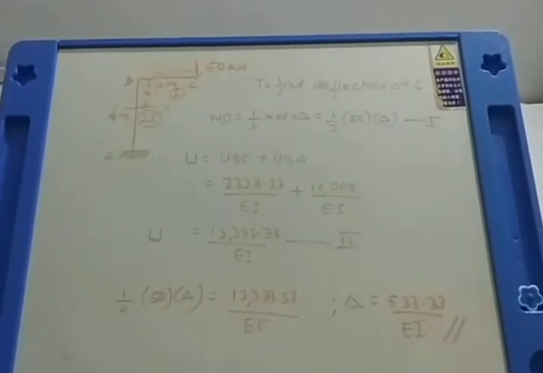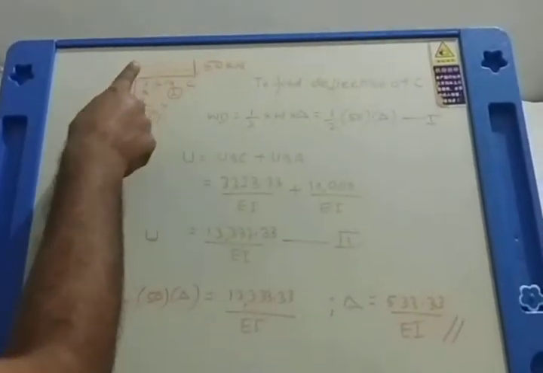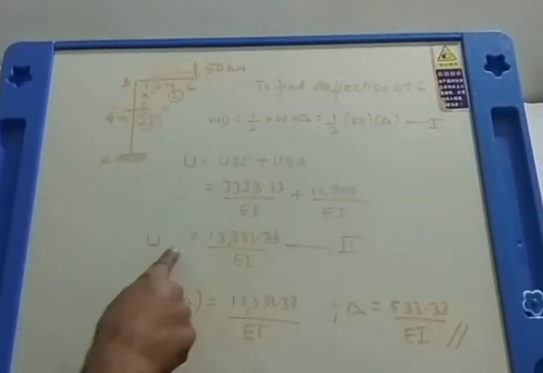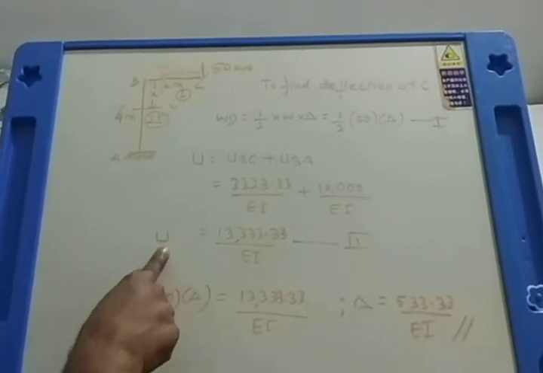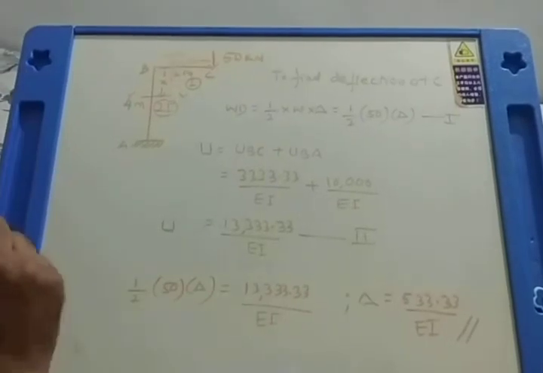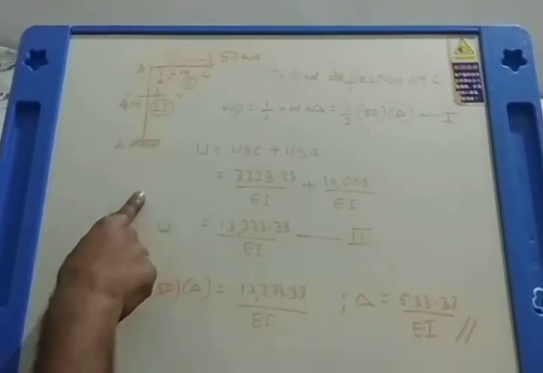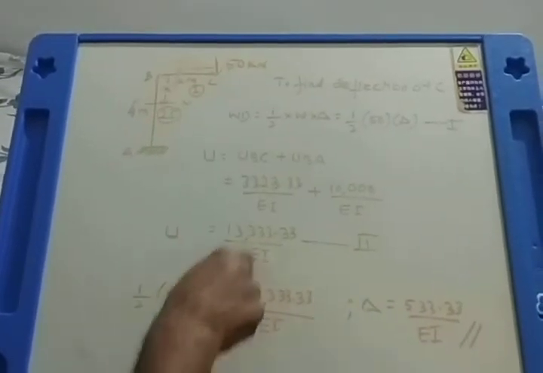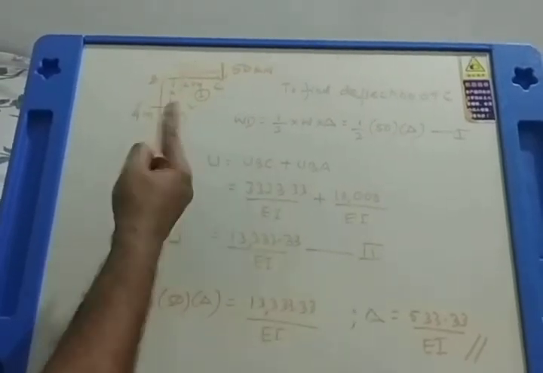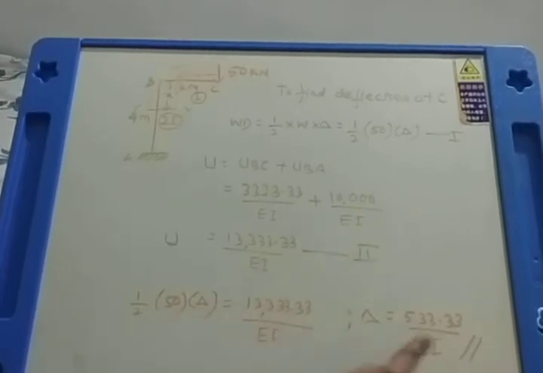This is the flow of calculation, my dear students. You should understand, most important is you should be able to write the correct expression of bending moment. If you write wrong expression of bending moment, you will end up with wrong strain energy, and then when you are equating wrong strain energy with work done, you are going to end up with wrong delta. So the caution should be exercised such that you get a correct expression for the total strain energy stored in the structure. First you find out strain energy in BC, then strain energy in BA, add both and get the total strain energy, and then equate it to the work done. You're going to get delta.